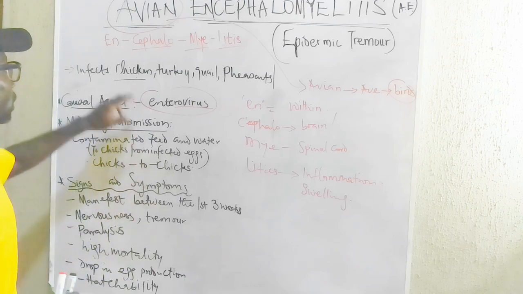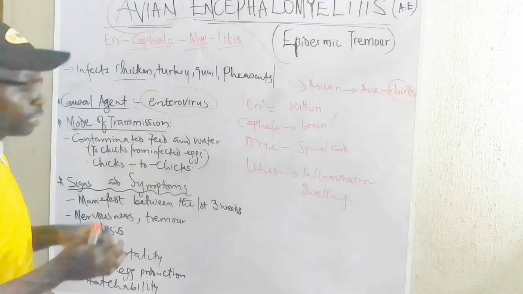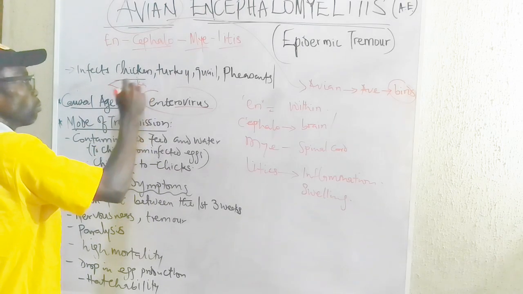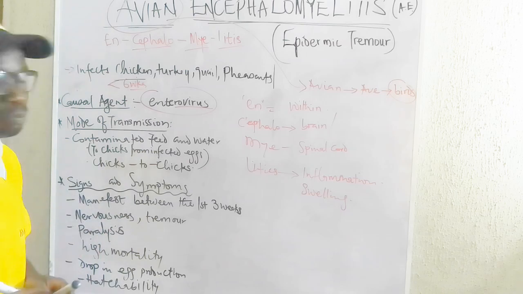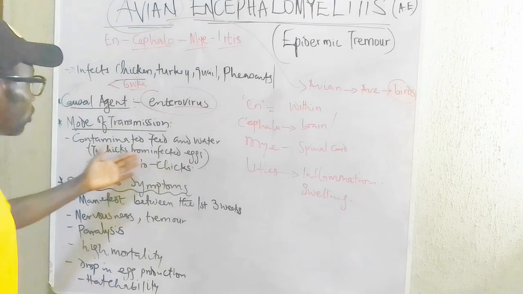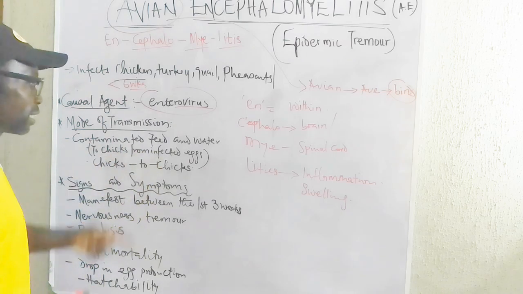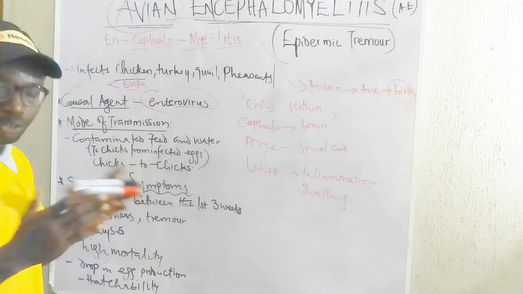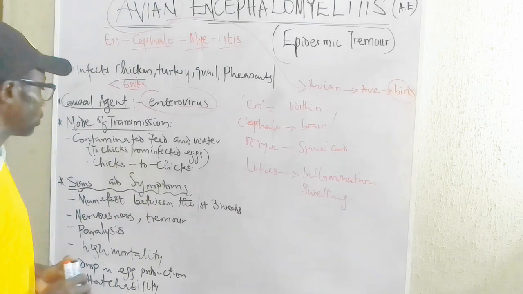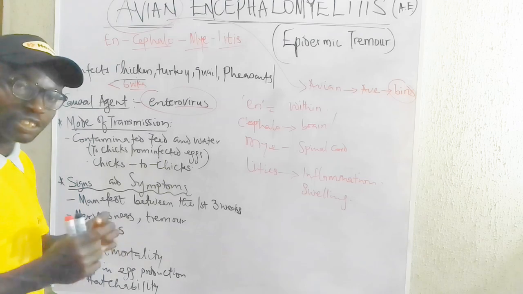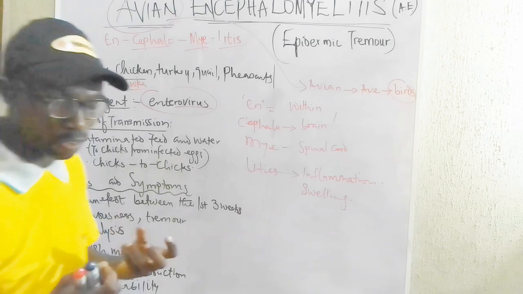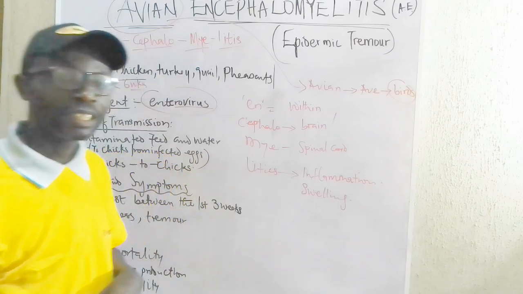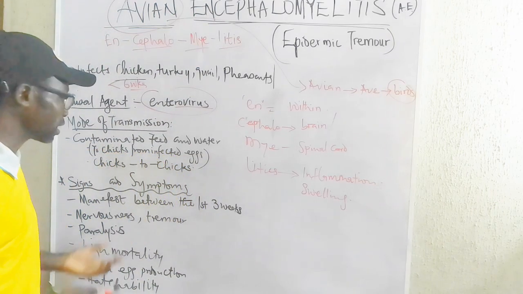Now, note this: in chicken, it's usually when the age is less than 6 weeks old, more often than not. It's also transmitted through infected eggs, from infected eggs to the chicks. Or sometimes chicks that are not strong or are vulnerable can also pick the virus from another chick that is a sufferer. Now, what are the signs?